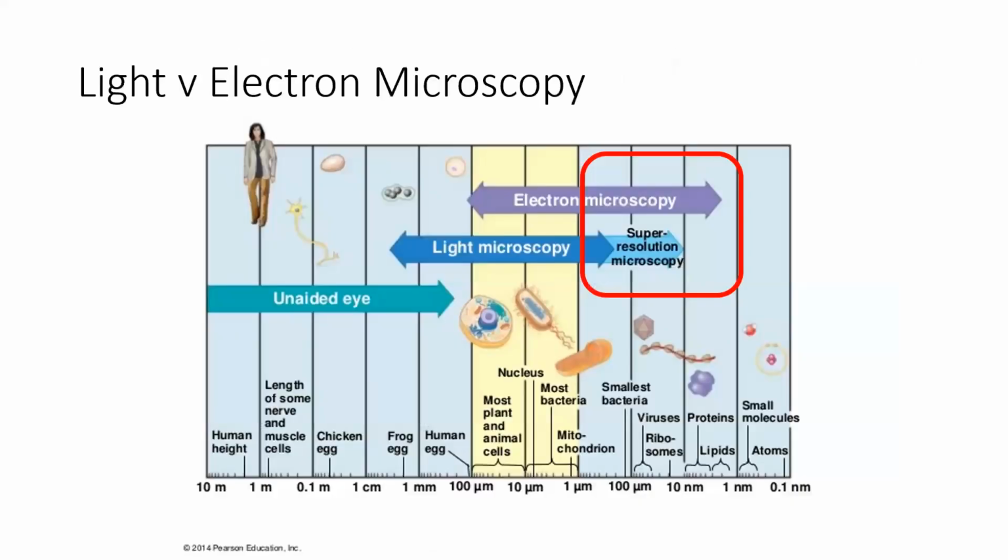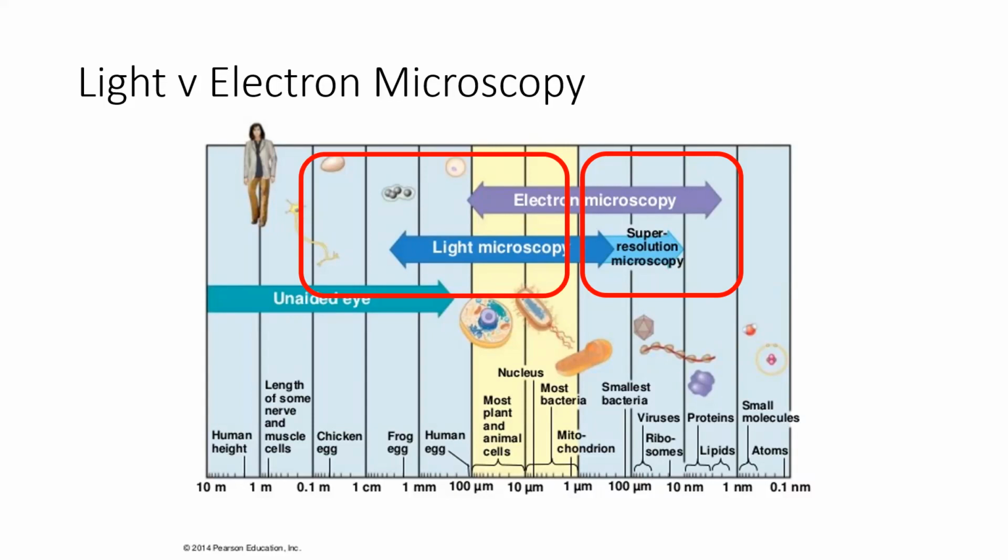So let's go back to why we care about electron microscopy. Okay, we get really high resolution with electron microscopy. Electron microscopy gives advantages over light microscopy, but light microscopy has that blue arrow that goes further to the left. So if we have an electron microscopy data set and we take really high resolution images and a whole bunch of them, that data set soon becomes unwieldy. It gets really large. We end up spending a lot of time and resources collecting data that we don't always need. So this is why